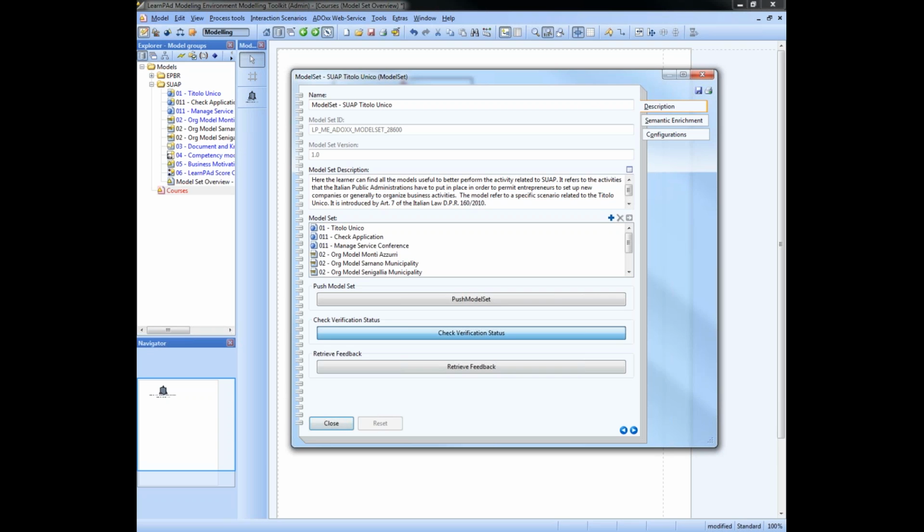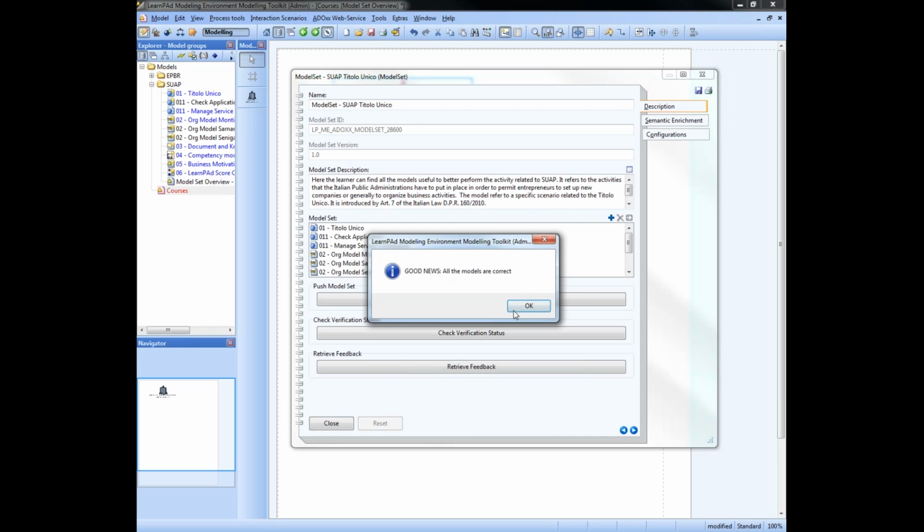Let's check the verification status. It's going to take a little bit of time. Nice, all the models are correct. I am happy to hear about that. Now let's go to the